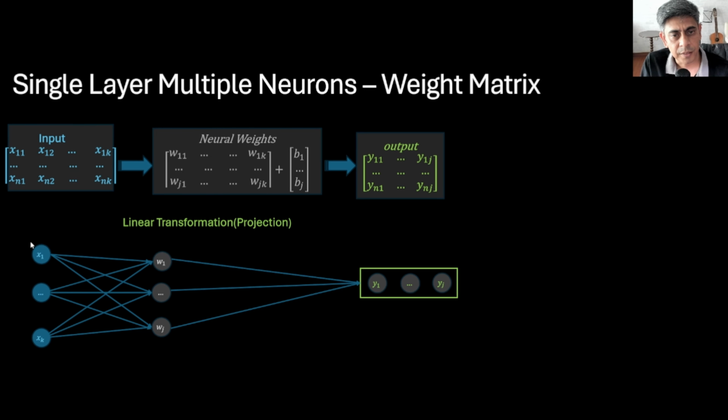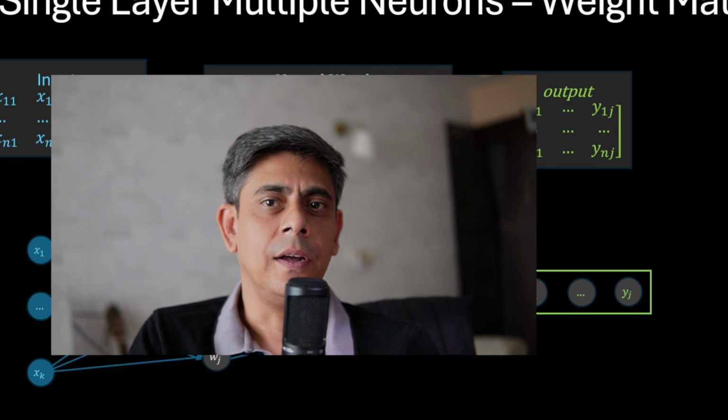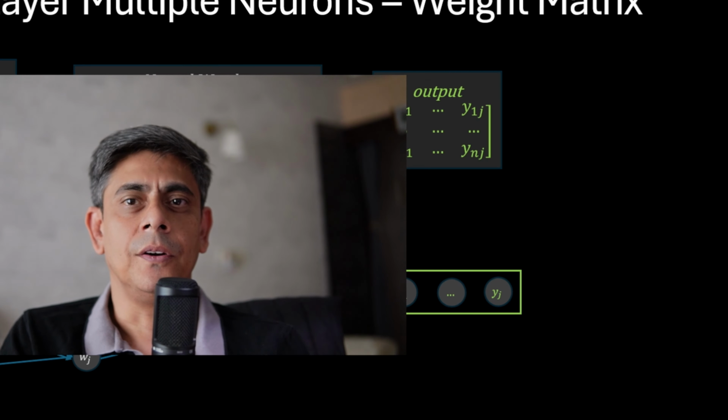In terms of its visualization, this is how the neural nets are presented. X, this is the input vector, x1 to xk, one vector presented here, and then there are neural weights. This weight could have been 1. In that case, it would produce only one scalar number here. When these weights are up to j, like what we have here, up to j, then they will produce a vector having j dimension. So by this time, you have developed the intuition and discovered the beauty of linear algebra,